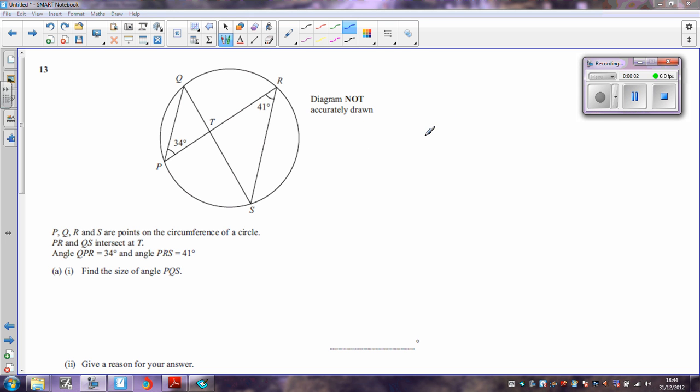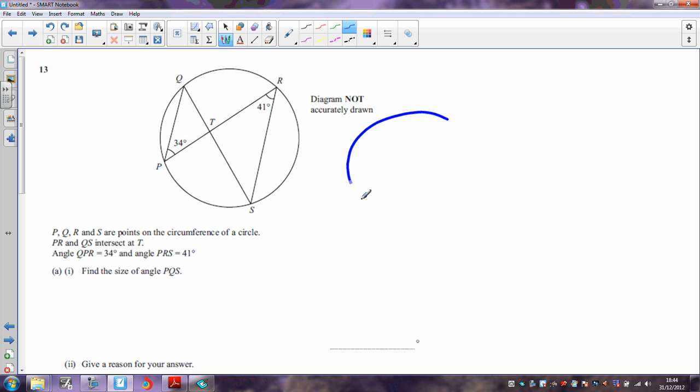Okay, here's a circle properties question. First of all, very straightforward. They're asking you to find the size of angle PQS. That's this one here. And this basically is the fact that whenever you have a circle where you have two